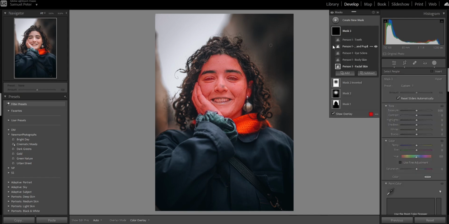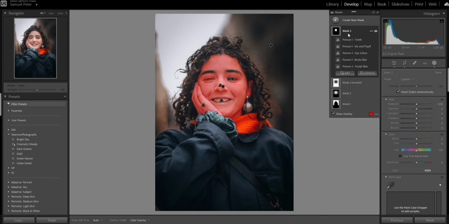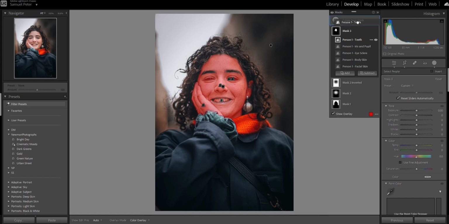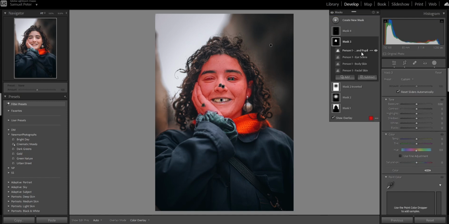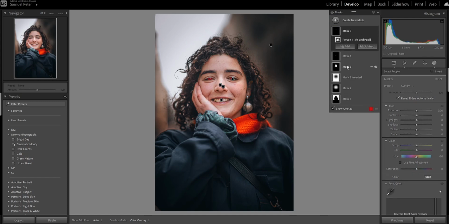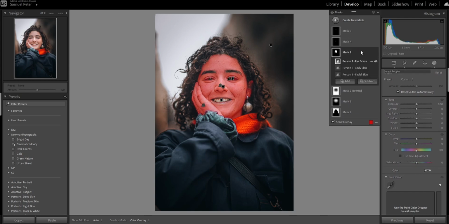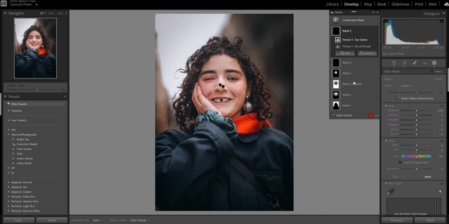Now, I'm gonna create the masks. So right now, all of these different facial features, the teeth, the eyes, and the skin are all on the same mask, on the same group. So if I edit the group, it's gonna edit everything at the same time, but I wanna have them separated. So I'm gonna drag the teeth to be in its own group, and then I'm gonna drag the iris, pupil,